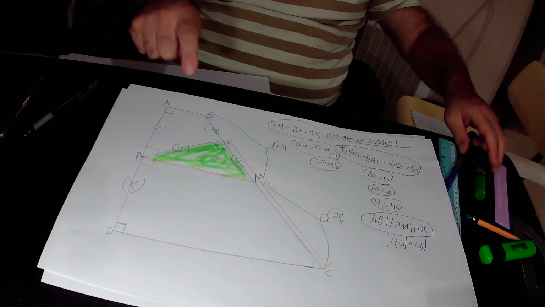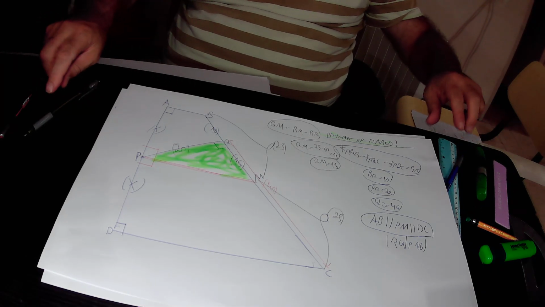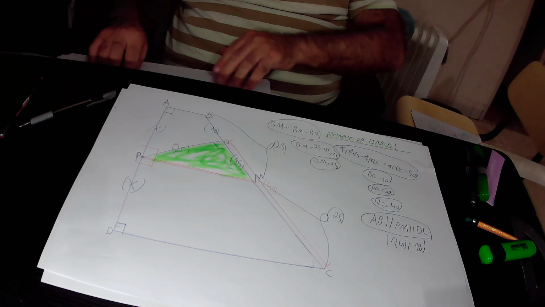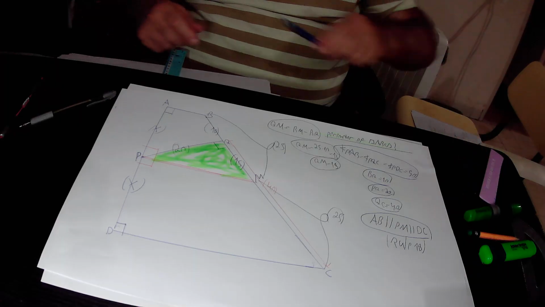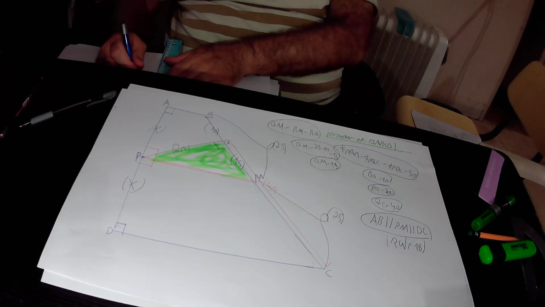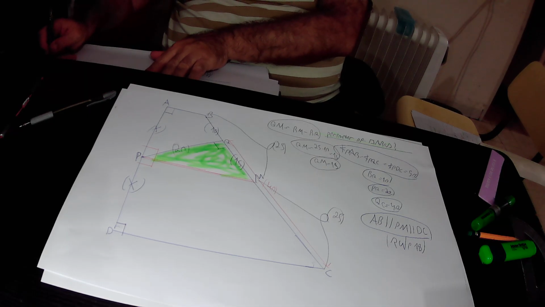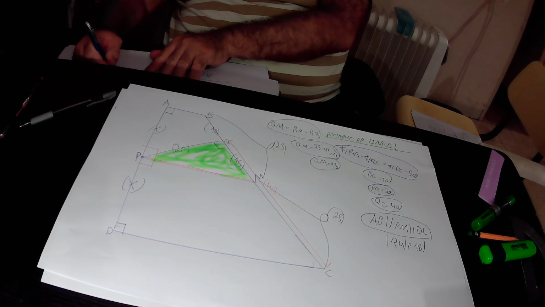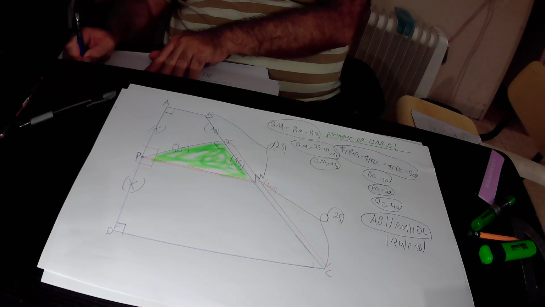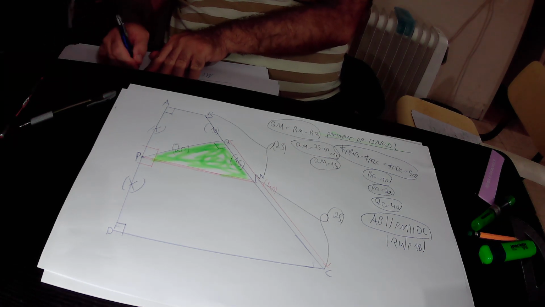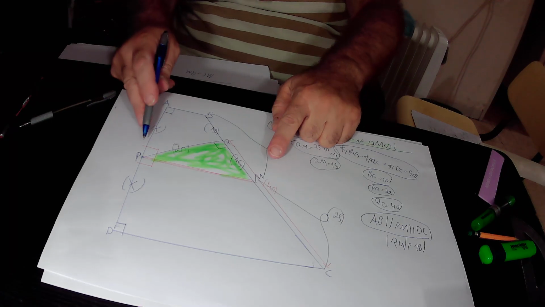So in this right green triangle PQM, according to the Pythagoras theorem, we will get that PM squared, that is the square of the hypotenuse,